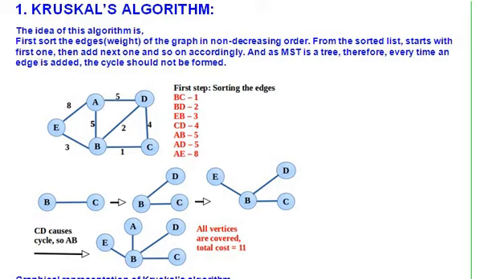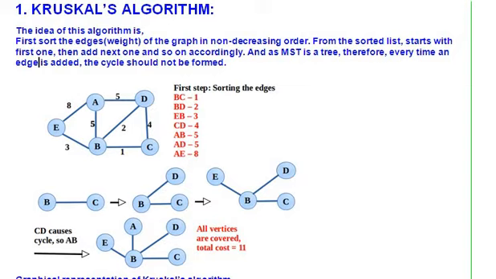We have an undirected graph with 5 nodes. So initially you sort all the edges. We start with BC, the least one, 1, BD, EB and CB and CD and so on, and check out, we should not form any cycle. So we start with BC, and from C check out what are the least